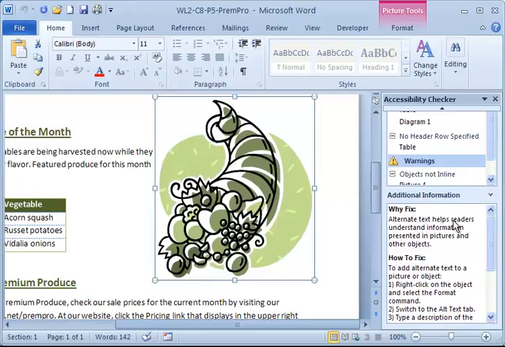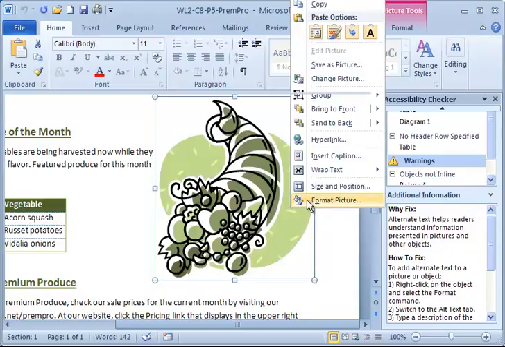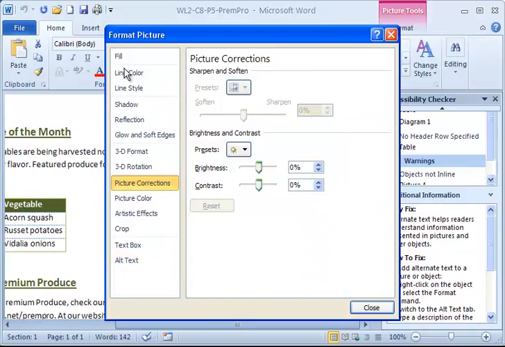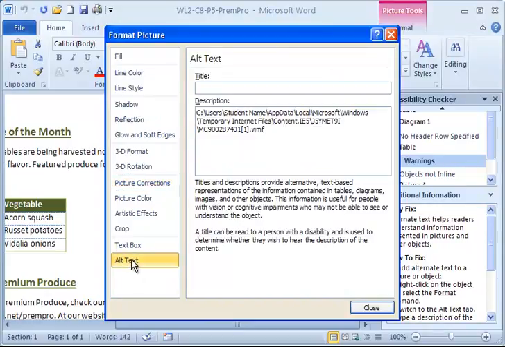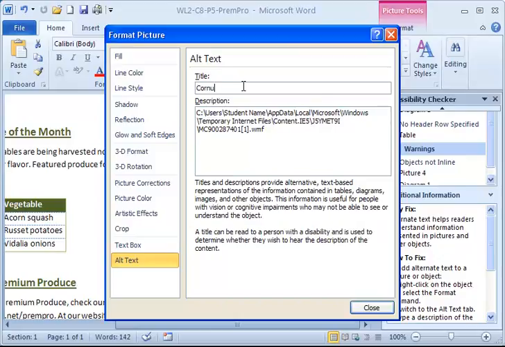Alternate text helps readers understand information presented in pictures and other objects. It tells how to fix that. And for this first one, they are going to have us correct picture 4. So to do that, and I'm following these instructions, we're right-clicking on the picture. We're going to go to Format Picture. Down at the bottom, in the category at the bottom, is Alt Text. And the title that we're going to include for this is Cornucopia, which I may not be pronouncing correctly, so sorry about that. And then for the description, we'll put in clip art image